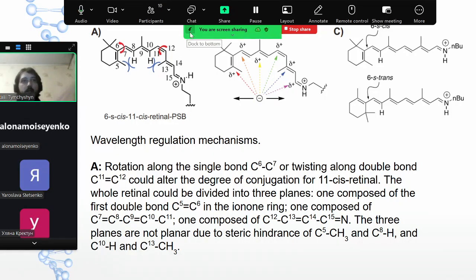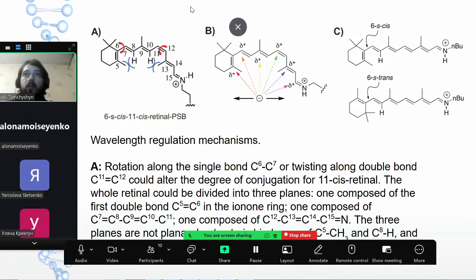Okay, so we have different options, we have different proteins, but still the molecule that absorbs light is the same. So what is the mechanism to make it absorb different wavelengths? I'm not sure if at this point anyone knows exactly, but the last time I checked, there were at least 3 models. One of them was thought probably not to be the case, but the other 2 look pretty probable.